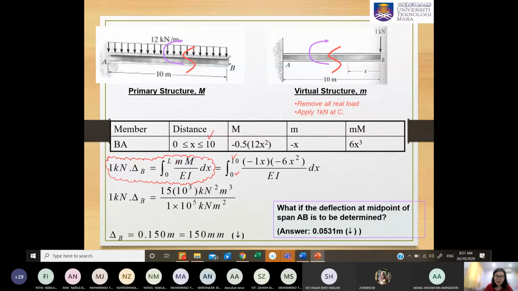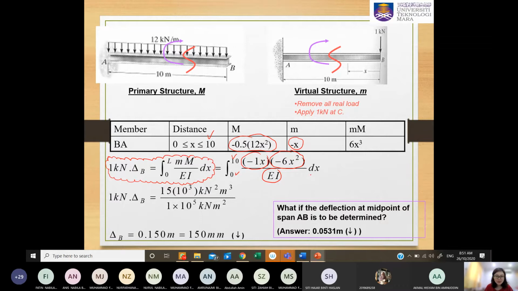And then you put in the small m that you have determined just now, negative x. And then the big M from the real structure, negative 6x squared, and then over EI dx. Then you can use your calculator to solve this